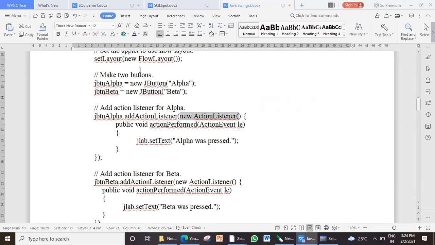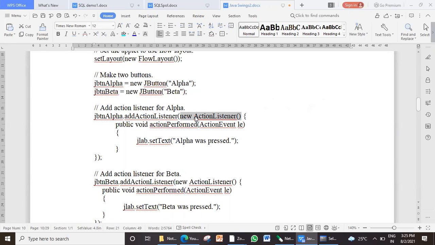Earlier, because our applet class would implement this listener, we used to pass the instance of our applet class by saying this, which is nothing but the invoking object or the instance of the current class. But now, since our class has not implemented the listener, we are dynamically creating an instance of the interface. But as you all know, interfaces cannot be instantiated.